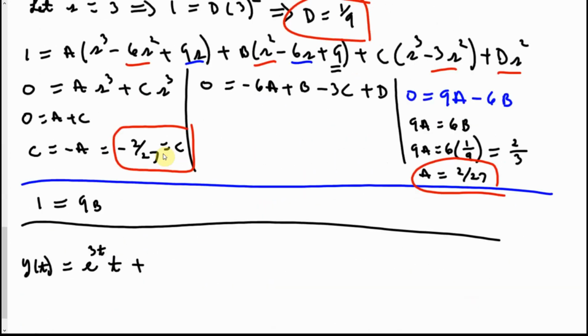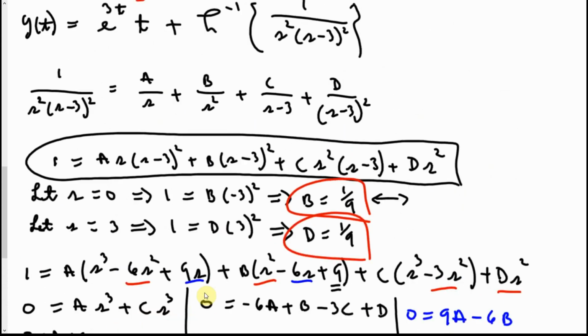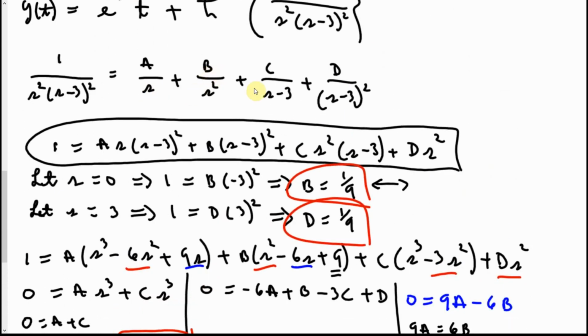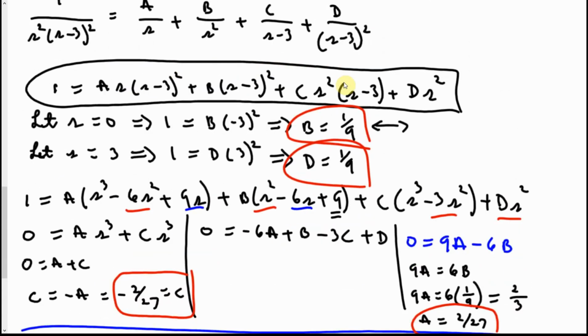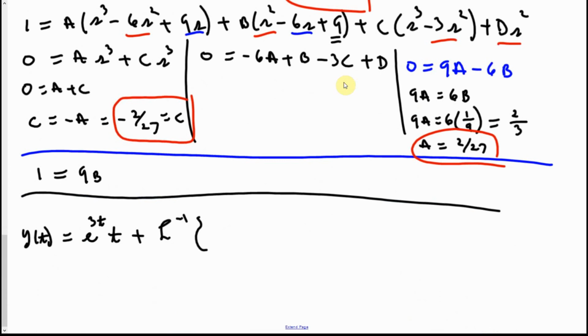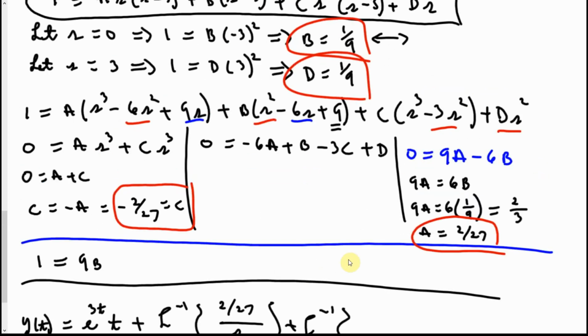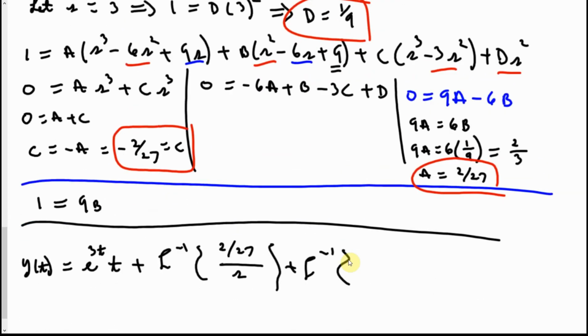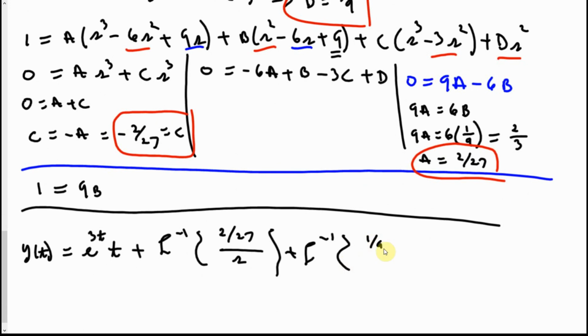So this is plus the inverse transform of a over s plus b over that plus c plus d. So it's a, and we got a. A is 2 over 27, that's over s, plus the inverse transform of the b, and the b we got to be 1 over 9,